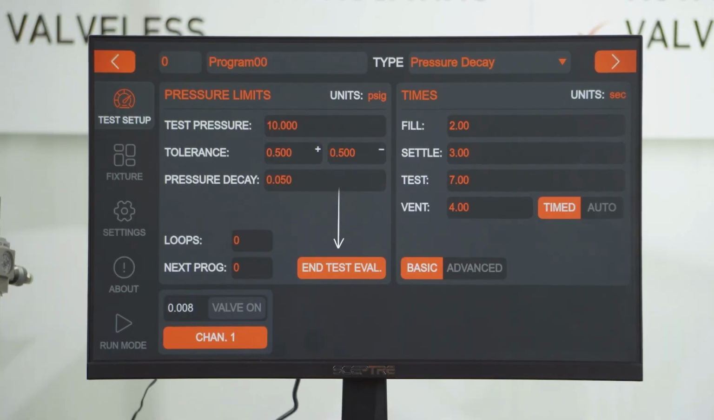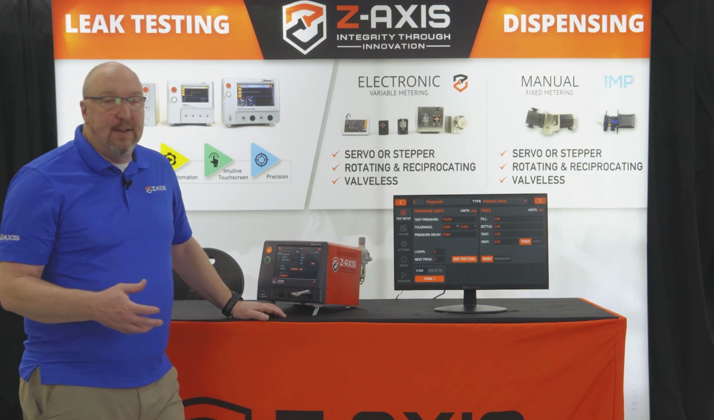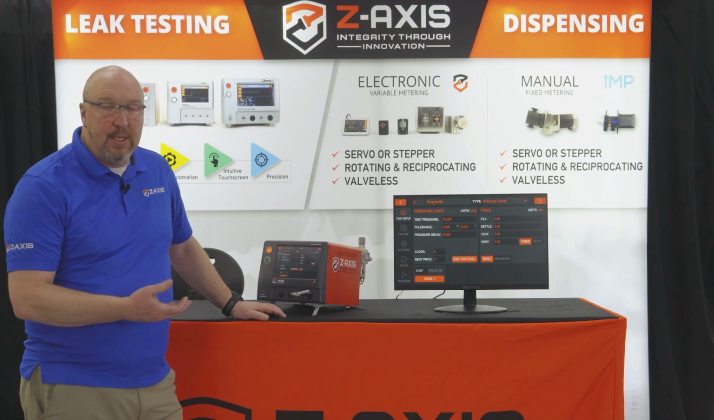There's an evaluation button here. So you notice that anytime there's a grayed out field, it's inactive. Anytime it becomes orange, it becomes active. So this field, end of test evaluation, what that does is it forces the test step to run to its